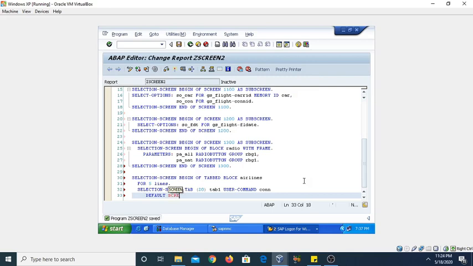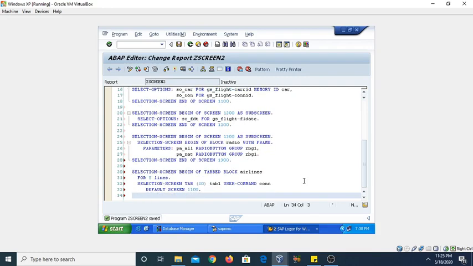Either you can also call a screen with the help of call screen and screen number. We are using the default screen here. That means when the program executes and shows you the screen, it automatically displays the default screen 1100.